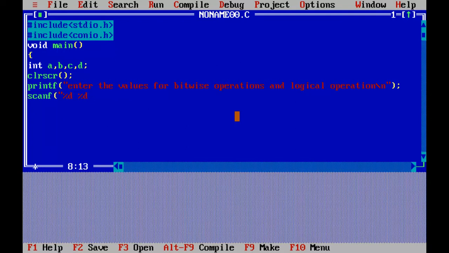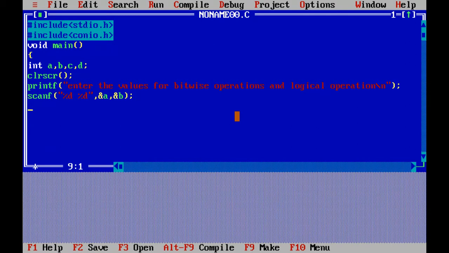So two %d's, double quote complete, then there's a comma. Now to accept these two values, I need to use two variables with their address. So ampersand a followed by ampersand b, and then the bracket complete followed by a semicolon. Now we have accepted the two values.